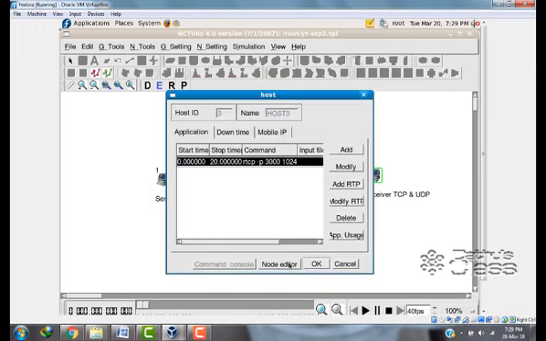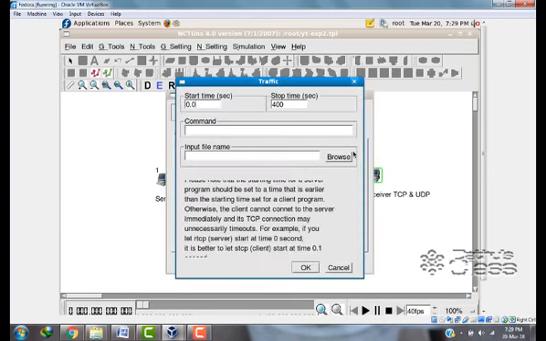Click on OK and again click on add, change simulation time to 20. Now we need to enable UDP, that is RTG-U -W, write mode, log sim YT2. You can give any name. Here I am giving simply YT2.